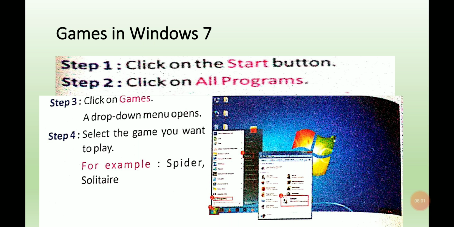Step 2, click on all programs. Step 3, click on games. A drop down menu opens, and step 4, select any game that we want to play. For example, as I have already told you, there is solitaire, spider solitaire. You can choose that game, so it can be played. Okay, so go to the next.